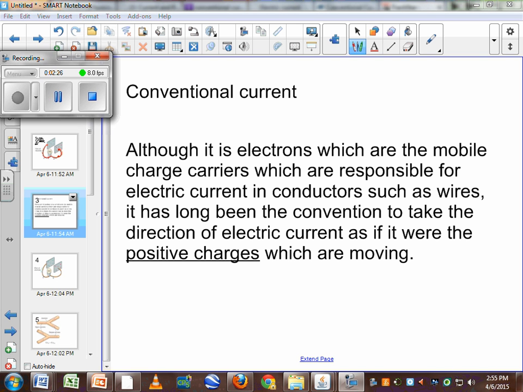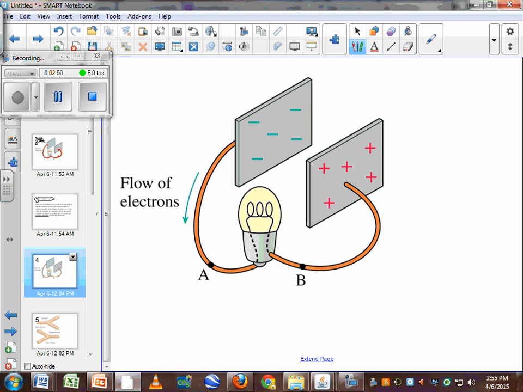And this is due to Ben Franklin when he was working with charges and current and so on. He didn't know about electrons, and he said that current was the flow of positive charge. So that's the way we've always, in high school classes, looked at current, and that's called conventional current. And that's the way we're going to look at it in this class. So we're not going to look at the flow of electrons. We're actually going to look at the flow of positive charges. We're going to talk as if the positive charge flowed, and that our current is going to follow this from the positive to the negative. Even though it's electrons that flow, we're going to talk about current as if it's